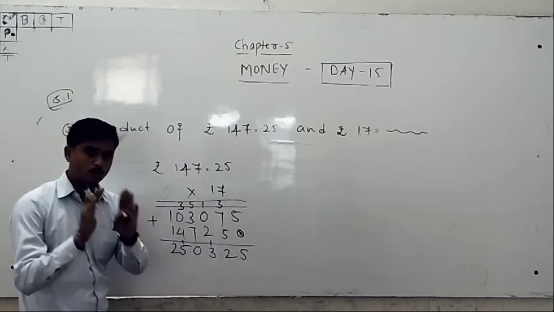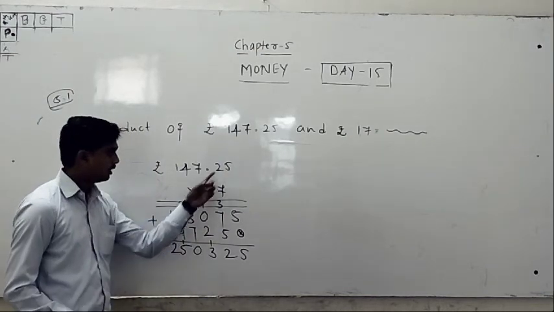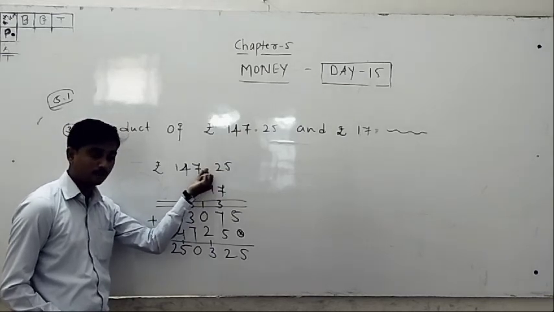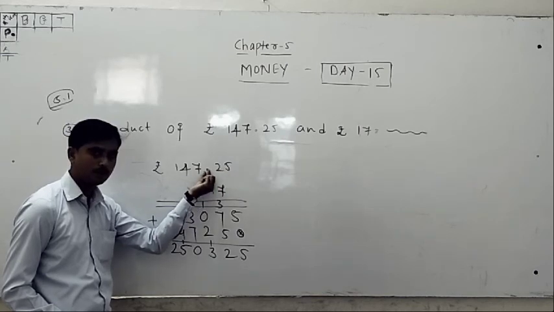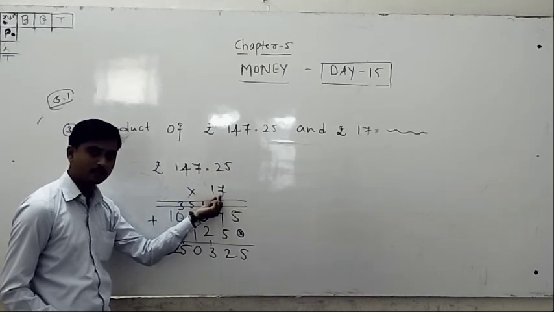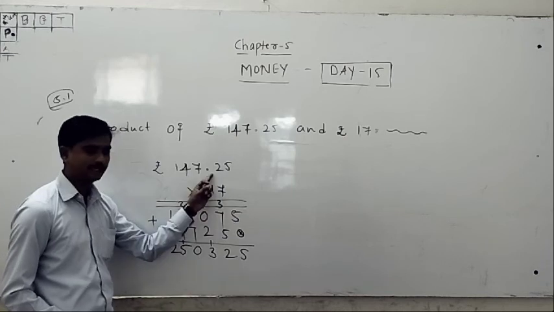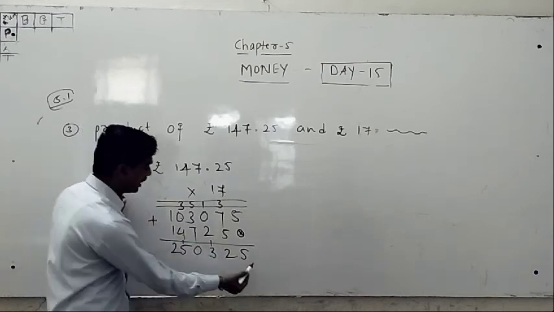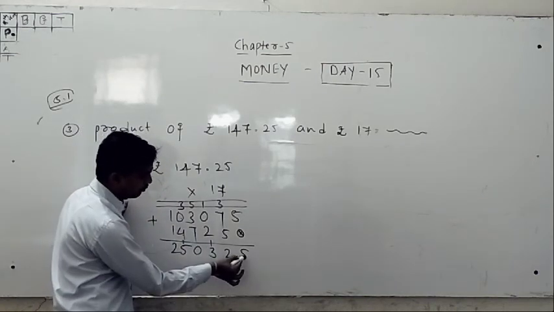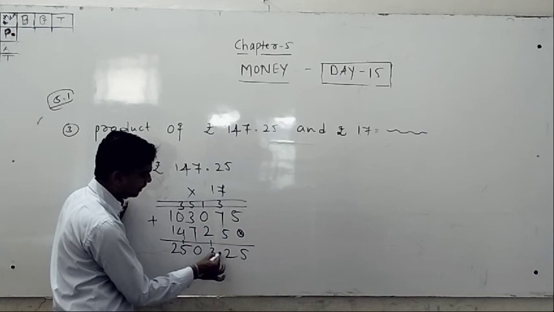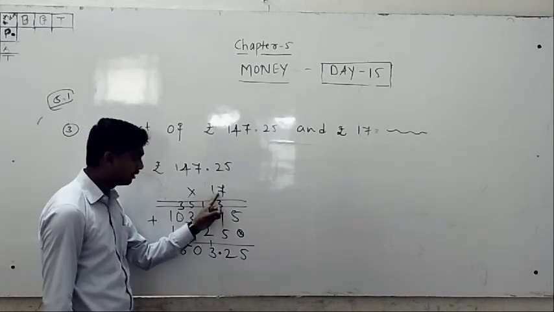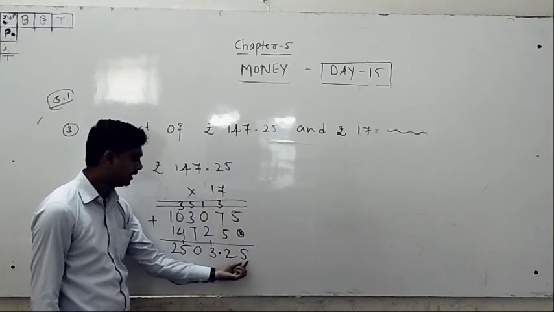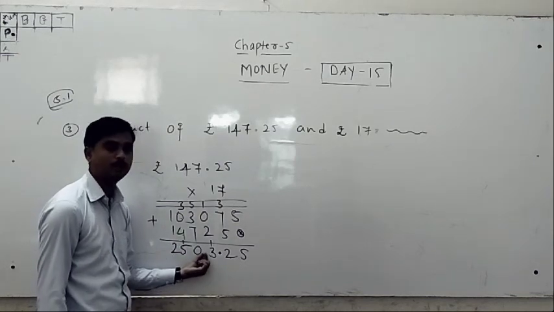Then look at here. Remember here: how many numbers after the point? Yes, count 1 2, 2 numbers after the point. Check here below if there is any point. Sir, no point, only upside is there. Then you have to count the numbers, 1 2, 2 numbers after the point. Then in the last answer you should observe, leave 1 2 numbers and keep one point here. If there had been a point below, we would have to count 1 2 3. Then you have to leave 3 numbers, 1 2 3, and here fill by word.